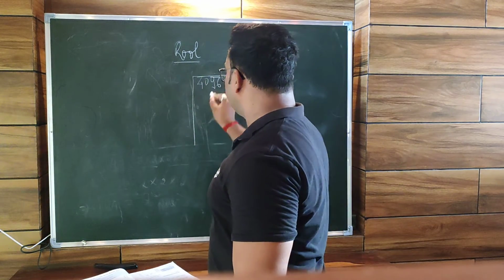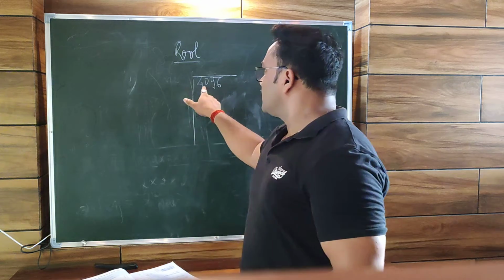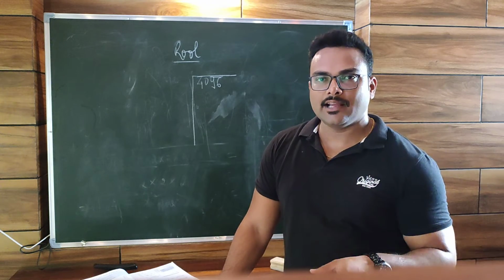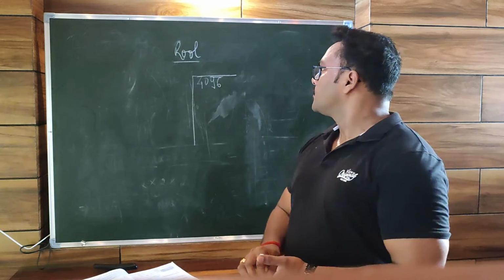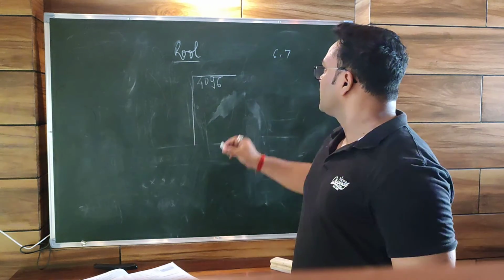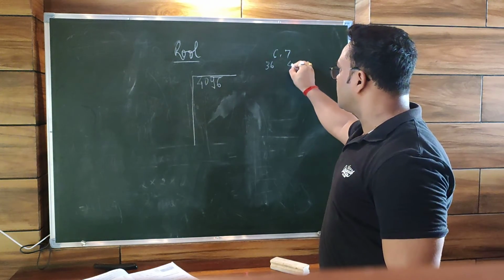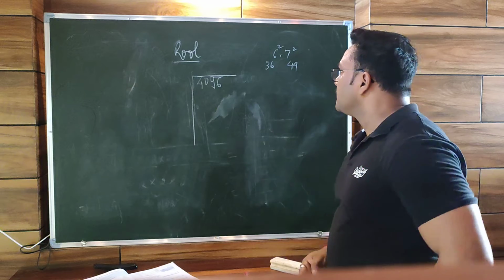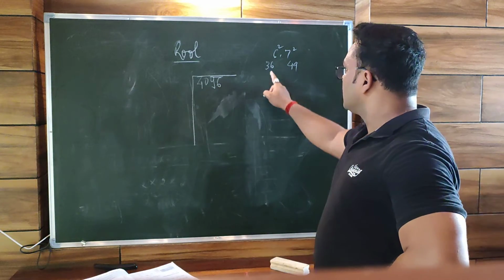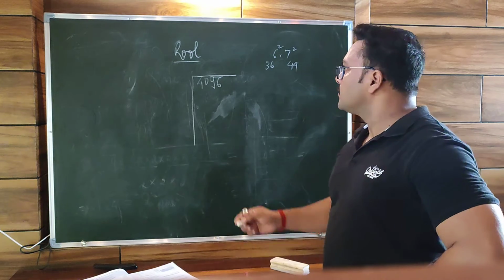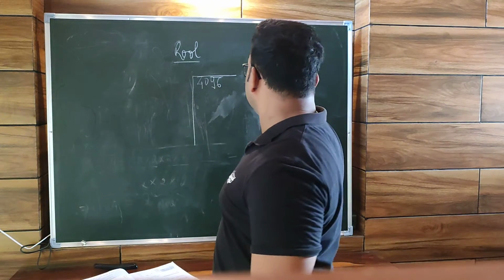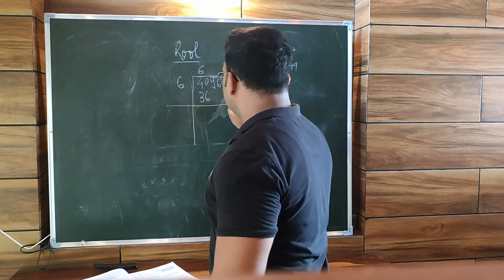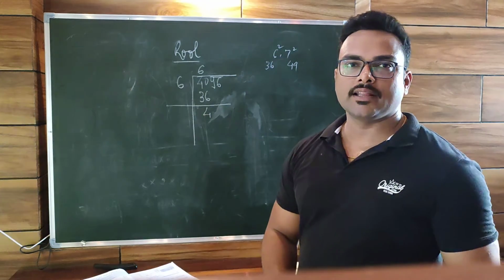So we have to pair again: 96 and 40. This pair is 40. So you have to think of a number whose square is exactly equal to 40 or less than 40. There are two candidates, 6 and 7. 6 square is 36 and 7 square is 49. So 49 is more than 40, so we will not take it. 36 is close to 40, so we can take 36. Means we will divide by 6. 6 sixes are 36, and here we will subtract.